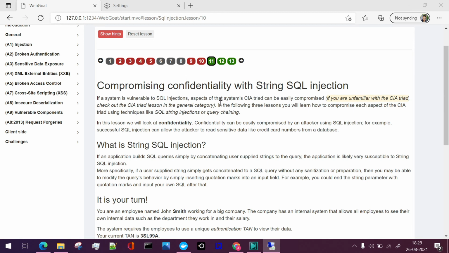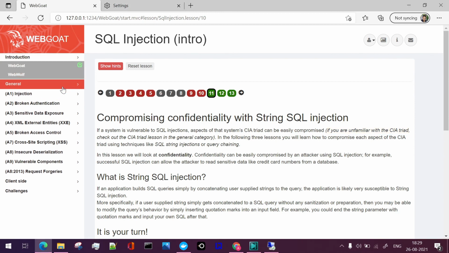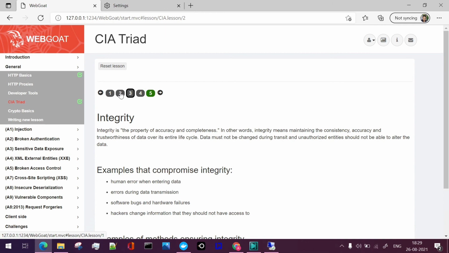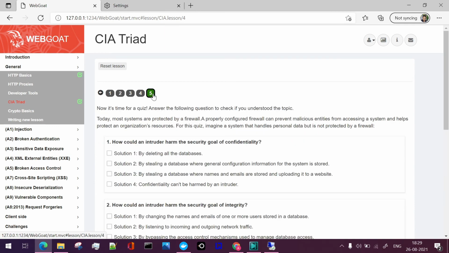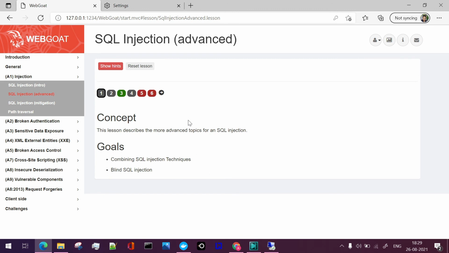In the general section, we have the CIA triad proper implementation, introduction, and learning session. Just go through this once. It is a very good topic which can help us learn new methodologies in terms of vulnerabilities.